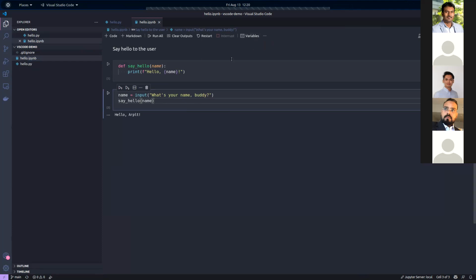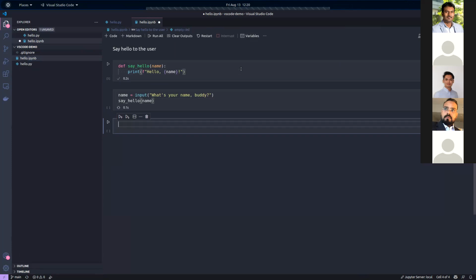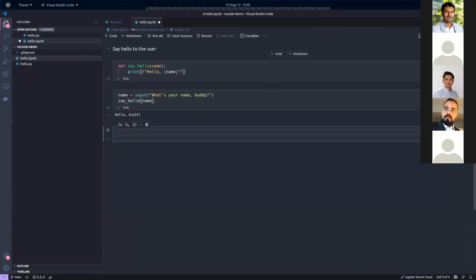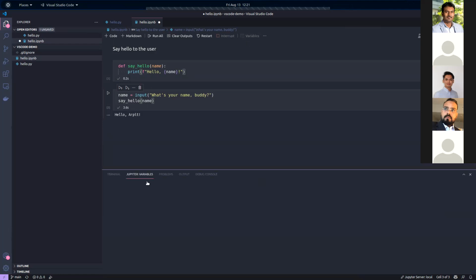When you're working with Jupyter in VS Code, I'll just run this notebook again. What you see is a variables tab over here. When you click on this, it opens a Jupyter variable explorer on the bottom.